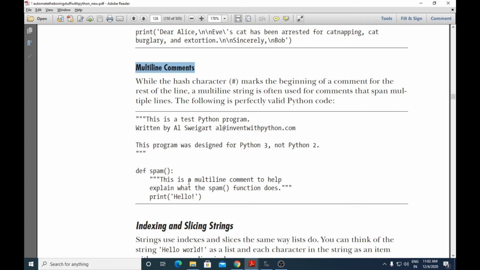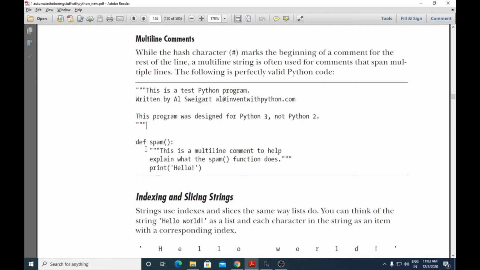So what you have to do is, if some lines have to be considered as comments, you can put them in three double quotes. The string within the starting and ending triple quotes, this entire thing will be considered as a comment.